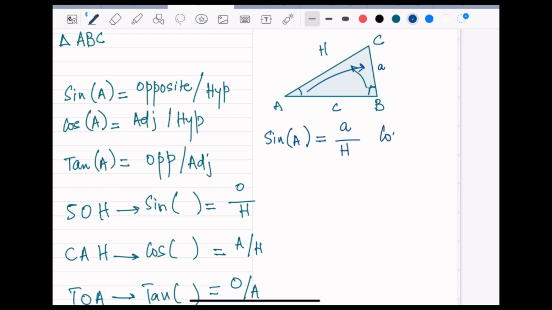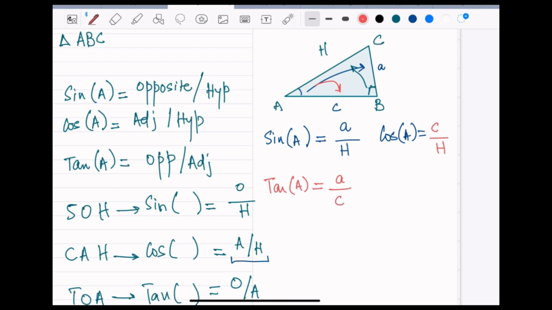If I say cos of angle A, then since cos is adjacent over hypotenuse, the adjacent side to angle A is this one, which is c over hypotenuse, and tan of angle A is opposite to angle A, which is small a, over